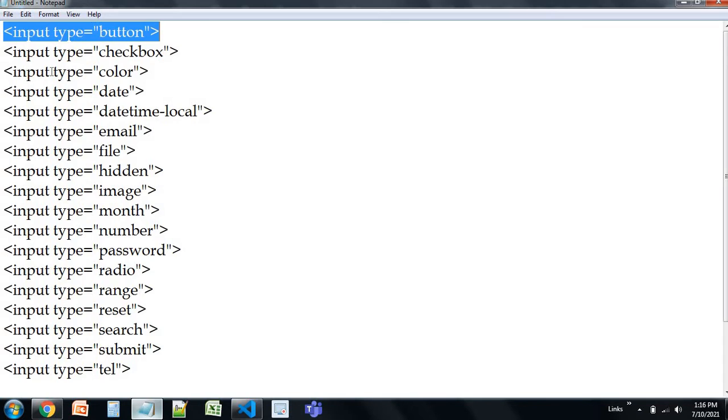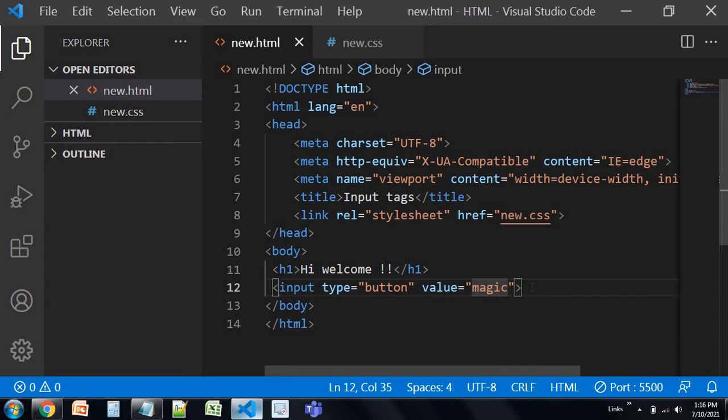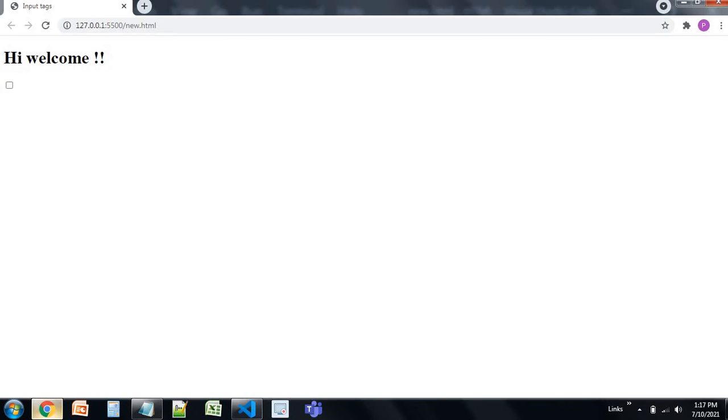So now let us move to our next tag, that is checkbox. Here I'm giving it as checkbox. Now what this checkbox is, it's basically a box with two options, whether you can tick or untick. So here you can tell your user to select something or not select something. Suppose you're making a quiz game, there you can use this checkbox, and then you can show the results whether it is correct or wrong.